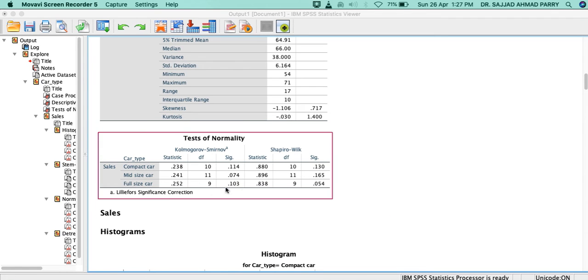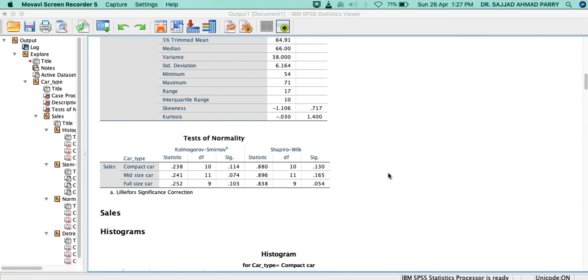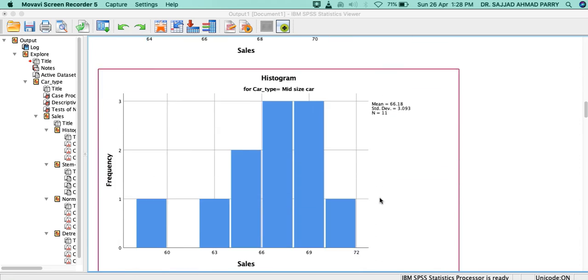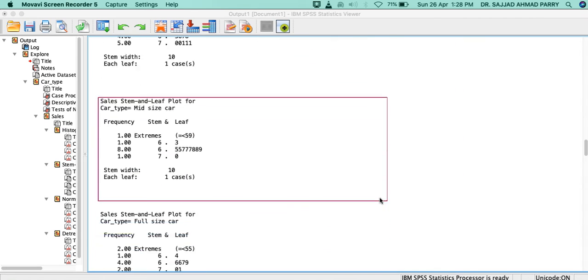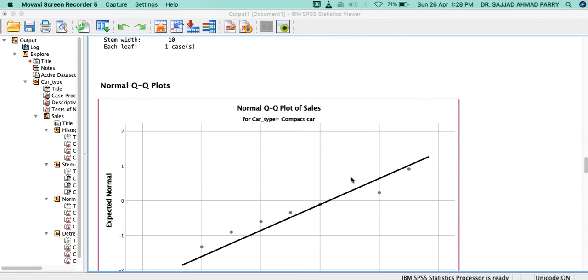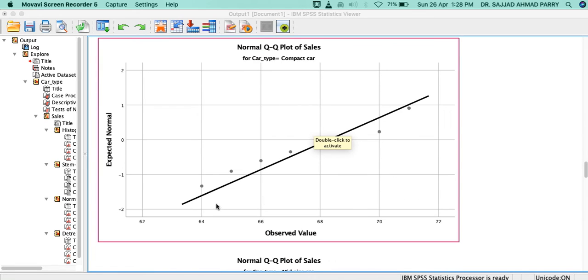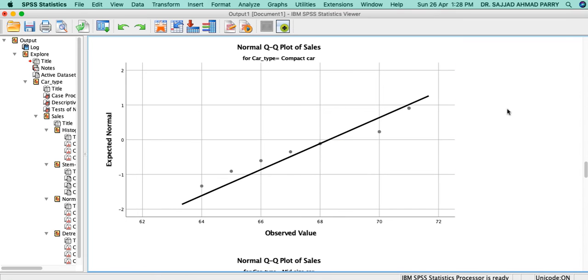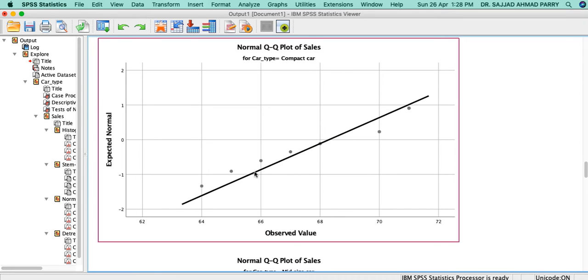We have the KS test and the Shapiro-Wilk test here, both tests. Going a little below, where the outlier part is, we have the normal QQ plot of sales. Most of the points are very near to this line, so we can say there is no outlier.